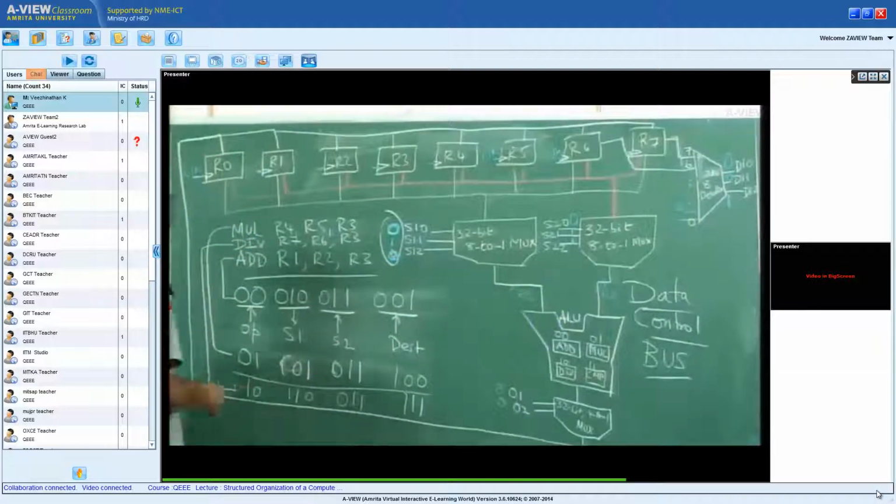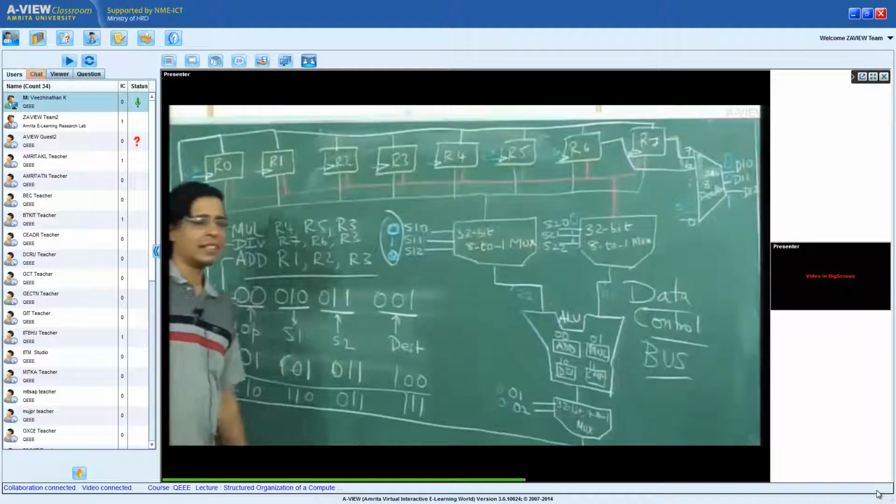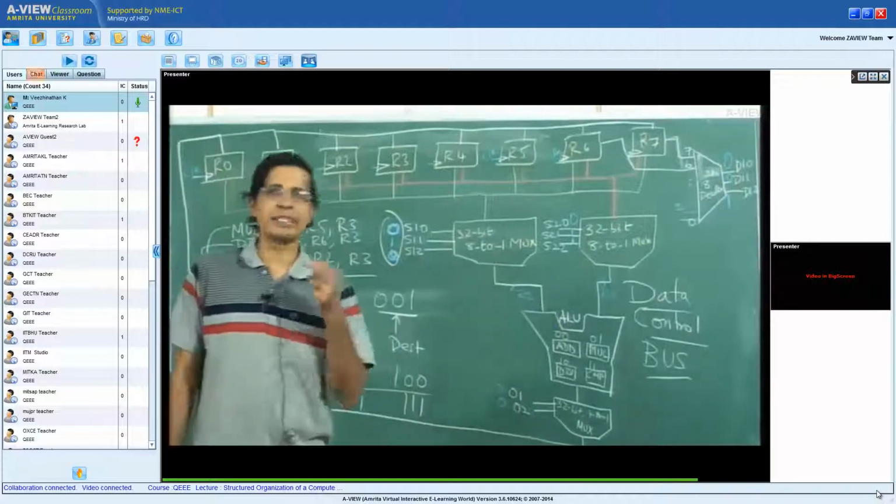So the moment a machine code comes in, it is immediately translated into this set of control signals. This translation can happen in two ways.